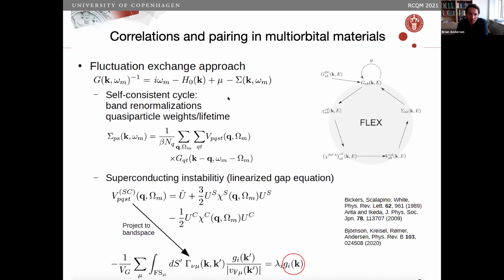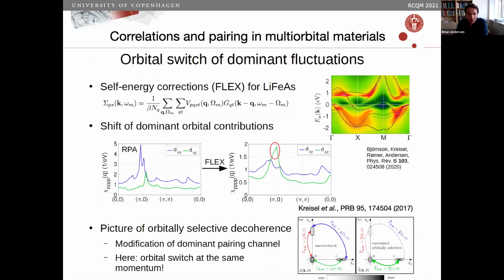I won't explain FLEX, but it's an old technique. You're basically finding the correlated Green's function in terms of a certain number of diagrams, and it's the same diagrams that enter into the self-energy and into the spin susceptibility, and therefore you can feed that also into the pairing kernel at the end of the calculation. So we do that. Again, we find pocket shrinking. This is basically the same as this Hartree mechanism. The Fermi surfaces change a little bit, but the main part of this whole exercise, and this is the main part of this paper we wrote here,